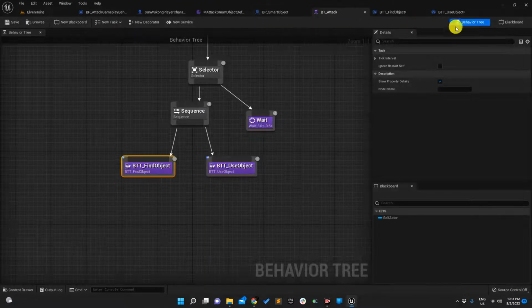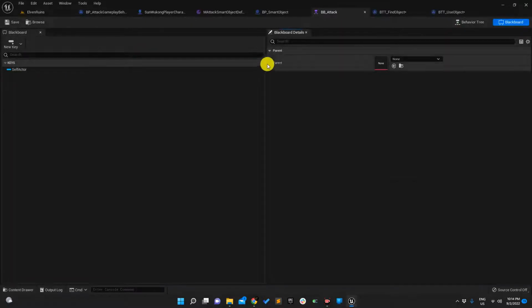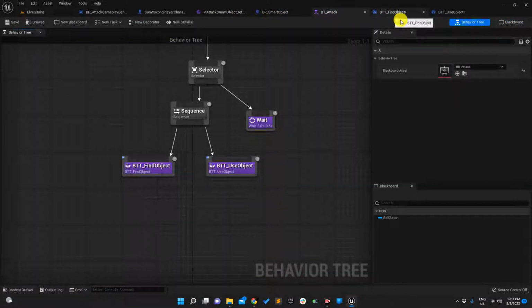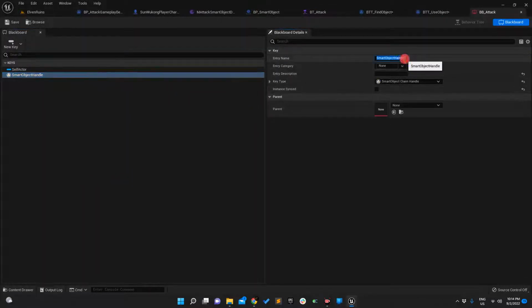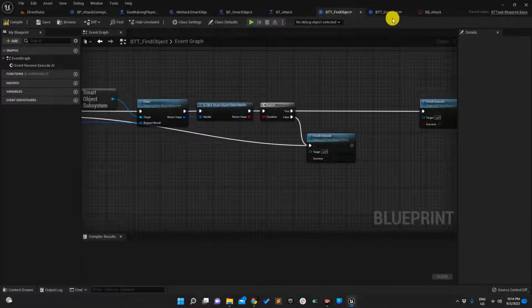Remember, we created a key in the blackboard. Where is it? I don't see it here. Okay, this is here. Let me copy its name, and we will go to find objects